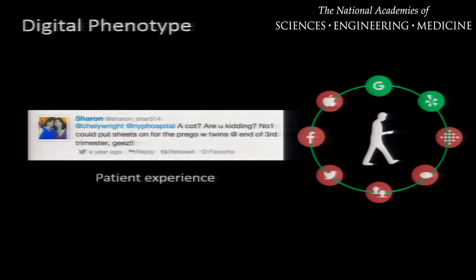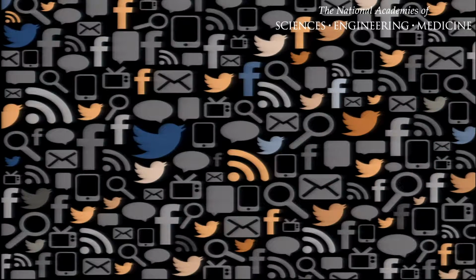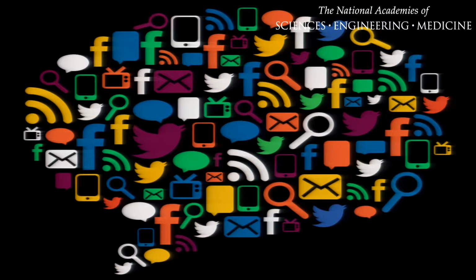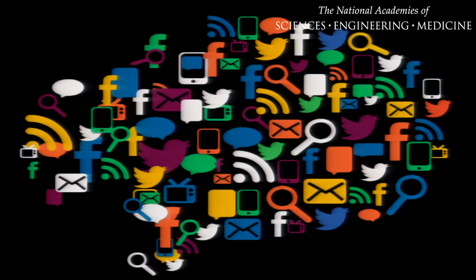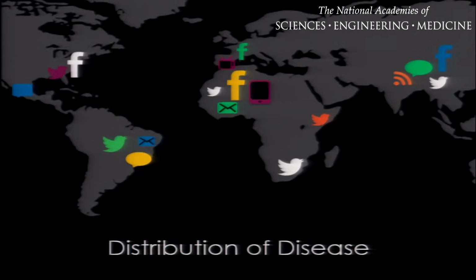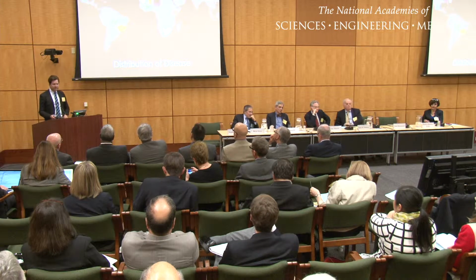So our group has really been focused on thinking about how to harness that massive quantity of information coming from all these various data streams to essentially organize that content, and the difficulty of organizing that, creating new taxonomies, new ways of interpreting. We heard from the last speaker how tricky that can be, and I'll show you examples of what we're doing to deal with that. But what we think is that in aggregate, these types of data sources can provide us really important early indications of population level issues, whether it's infectious disease, chronic disease, or drug safety signals. And even from the point of view of global health, we can actually get insight into populations where there's limited public health infrastructure or limited transparency. So we're really thinking about this at a global scale.